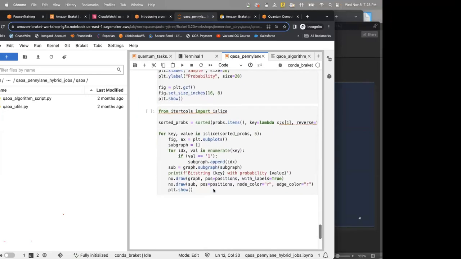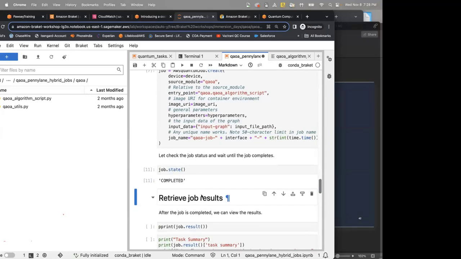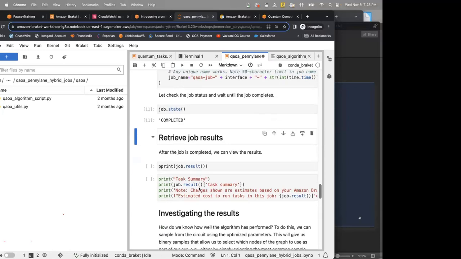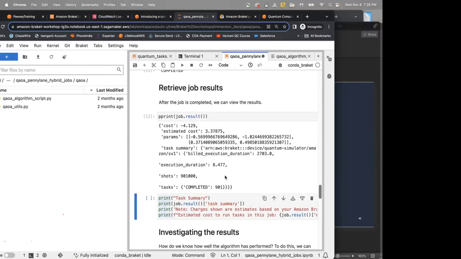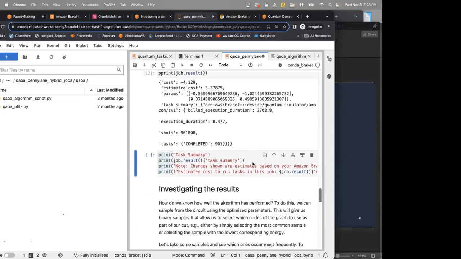Okay, so let's check if the job is completed. Okay, nice. The job is completed. Very good. Now we can look at the result of the job. It says the final cost function is minus 4.19, and these are the estimated parameters, the final converged values of the parameters: alpha 1, gamma 1, alpha 2, gamma 2, and so on.